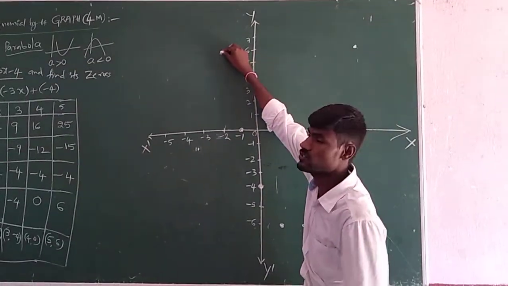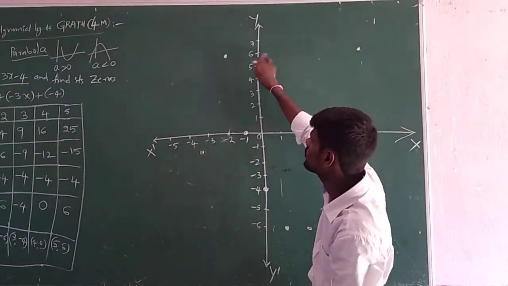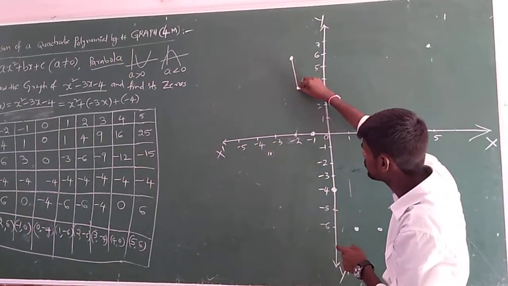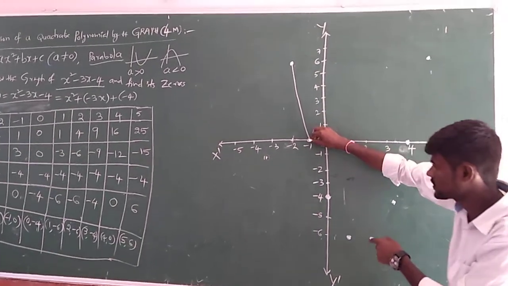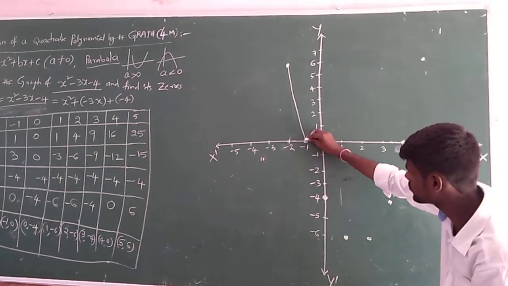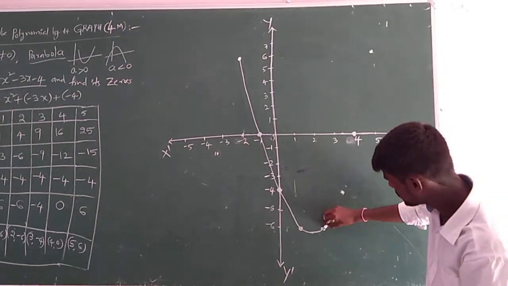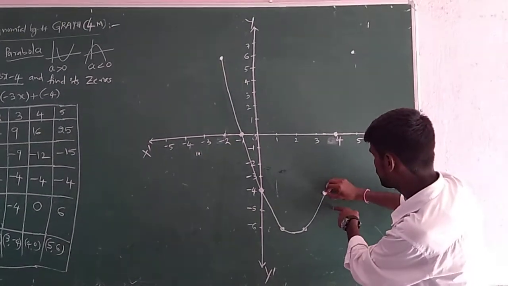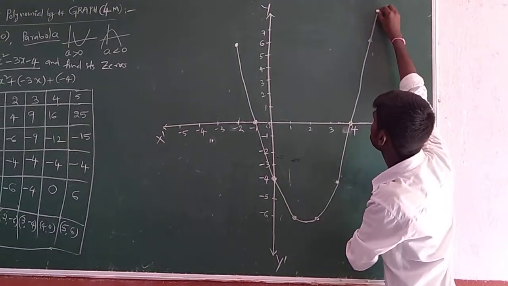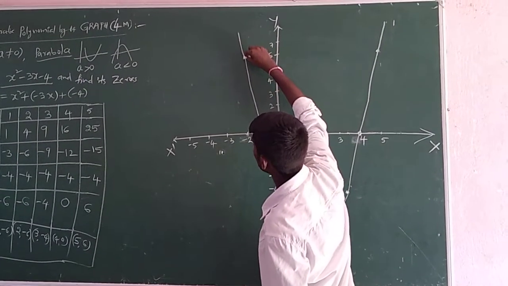And in this joining also, I already told you, go as per the points. First point is (-2, 6). While joining, you may check (-2, 6). First you have to start from the next, (-1, 0), which is this one. Up to this you start, then go to the next point. Next, the third point is (0, -4). So this one. Next (-1, 6), next (2, -6), next (3, -4), next (4, 0), next (5, 6). So this is the way of joining the points, and you just extend like this, no problem. With dotted lines or with a thick line, no problem, you may extend.